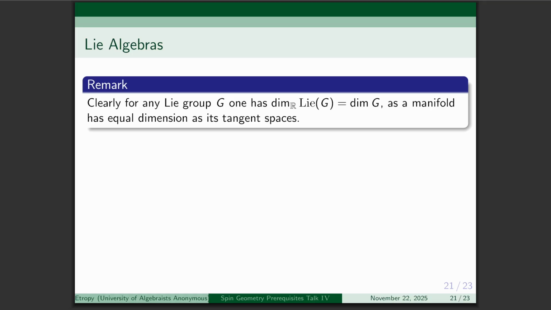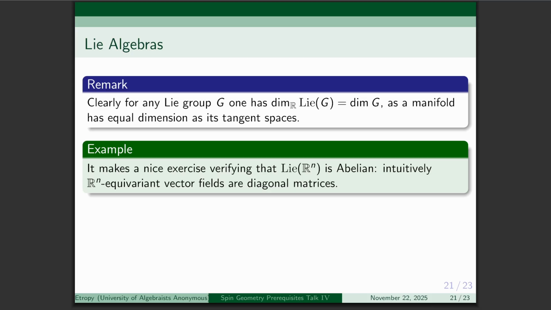So yes, as mentioned, we have the same dimension, so we get low-dimensional Lie algebras. In the example of Rn, for example, you can compute it to be abelian quite straightforwardly, because, well, let's take some tangent vector at the neutral element of Rn, so at 0, and let's shift it everywhere. Essentially, what you get is just one of n-dimensional possibilities, and these possibilities correspond to